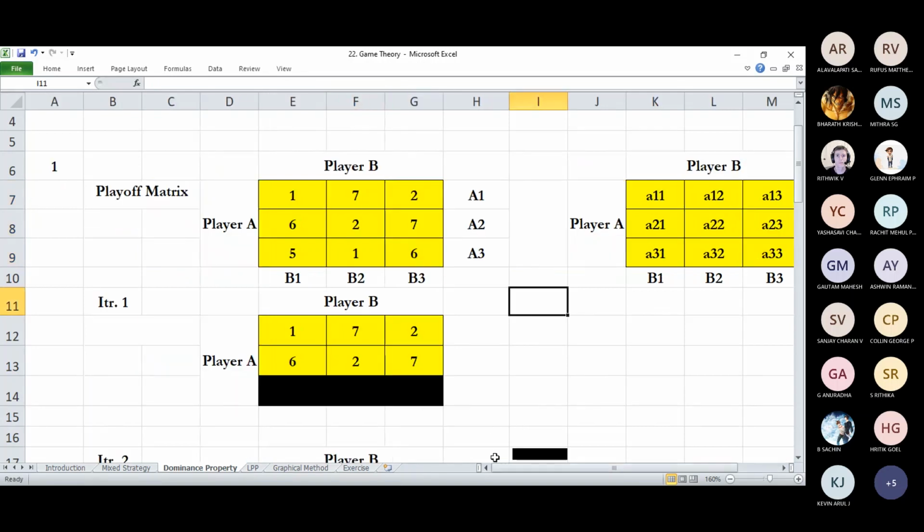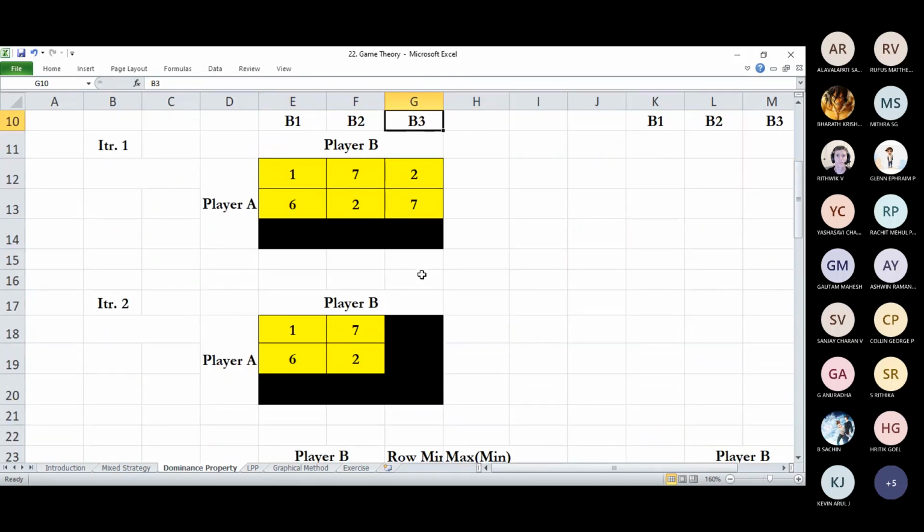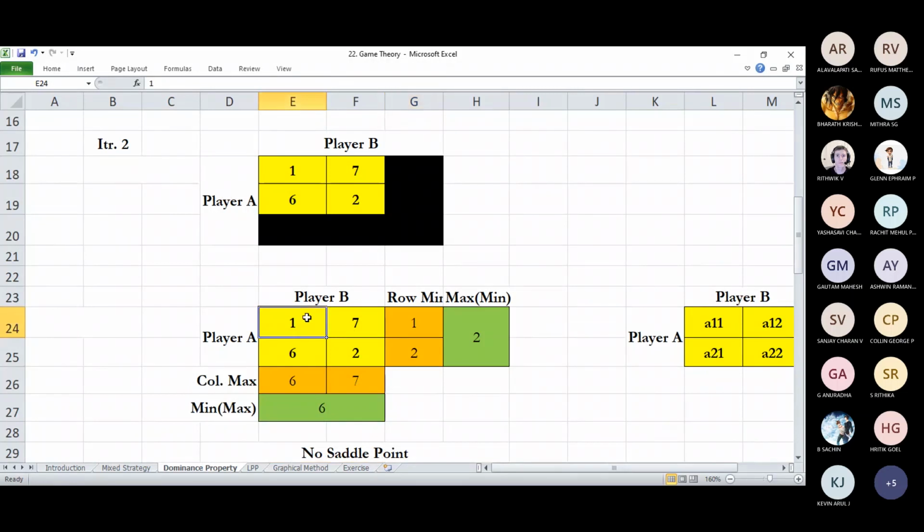Okay. So which means that we eliminate A3 completely. So A3 is gone. So we are left with A1 and A2 and B1, B2 and B3. Then we have to eliminate a column. So when we eliminate a column, this will become a 2 by 2 matrix. Say in this case, I removed B3. This is just trial and error. So you have to perform different options so that you can arrive at which one is better, right? So in this case, I removed A3 and B3. You can try with A1 being removed and B2 being removed or something like different options you can try, right? So it's all trial and error. And then this is the final outcome, right?